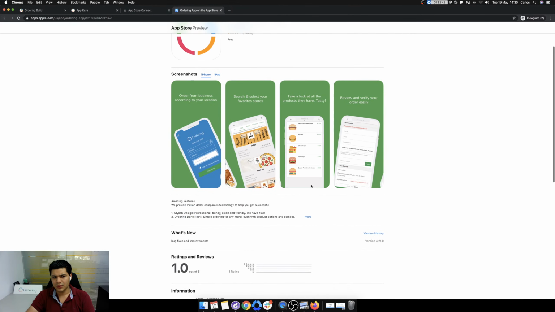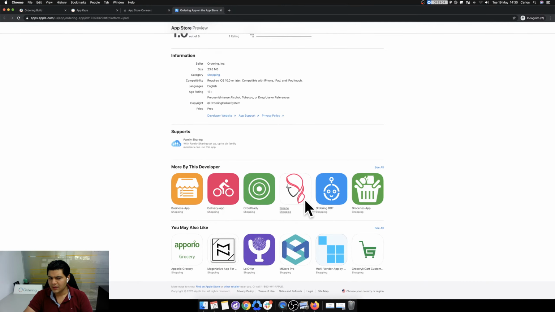It's going to be for iPhone and iPad. It's going to have the description here about what you're going to sell. The reviews: it's one review and it's very bad. We don't know why. We'll have to take a look at it.